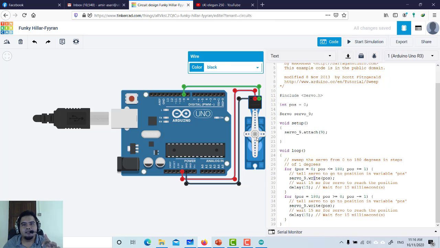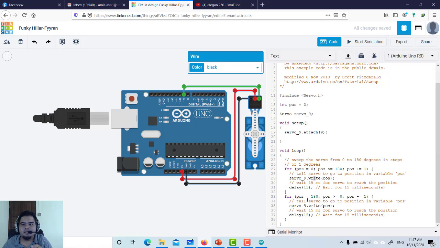In general, you can turn and change the position of a servo motor according to the unit, which is in degrees, the degree you turn. For example, that is 0, and then 20 degrees, 30 degrees, 45 degrees, and when turned all the way, it is 180 degrees. So in this example, they just apply a for loop to turn it to 180, and then it's going back into that position.